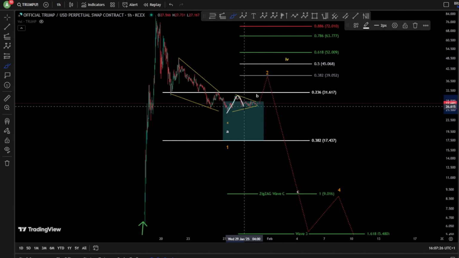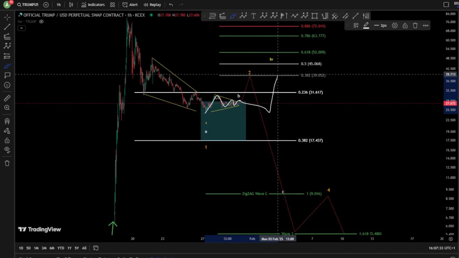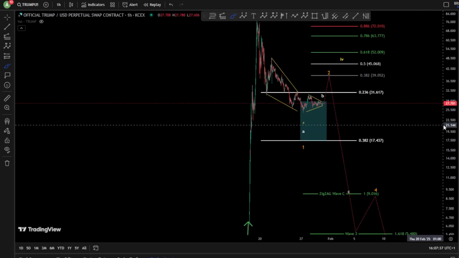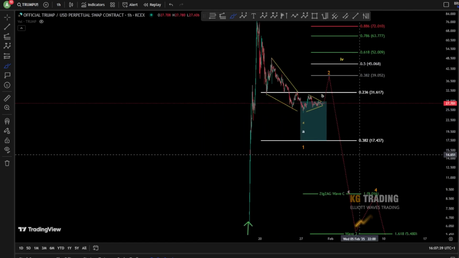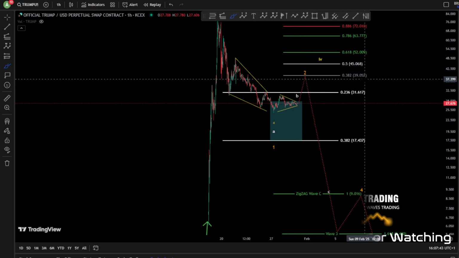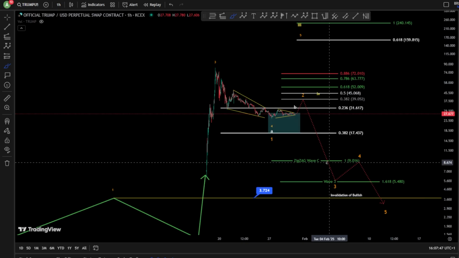Or it can be A, B, C, D, E, meaning a W here, and then X and a Y, as an expanding flat. So this is also very, very possible, to have a wave 2 at 0.38, and then move towards the downside for a wave 3. Now,